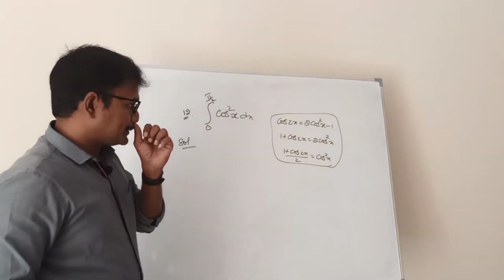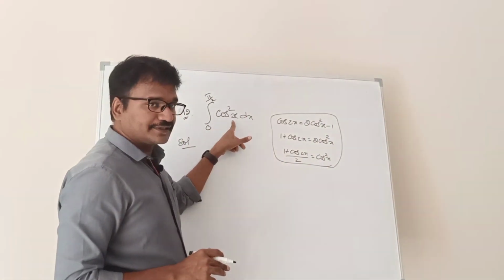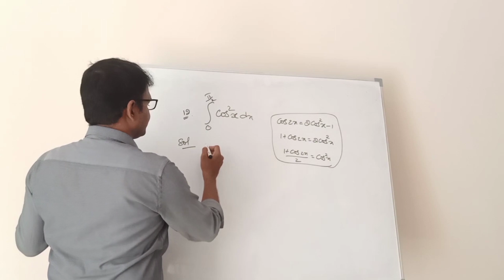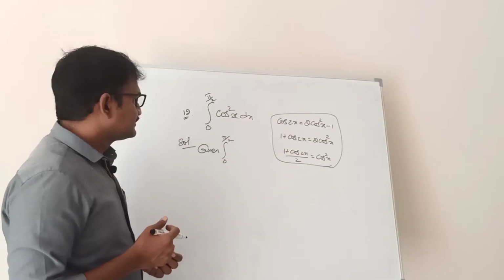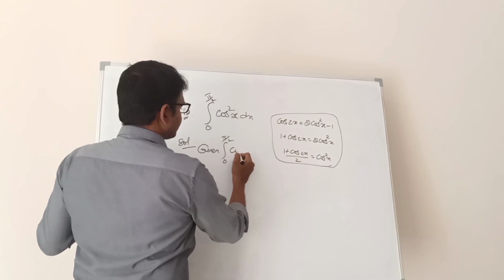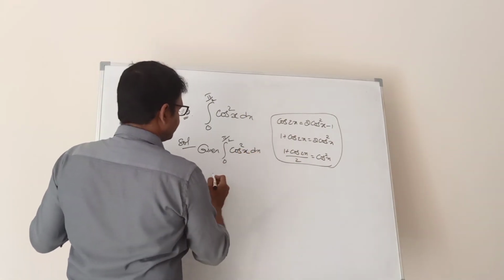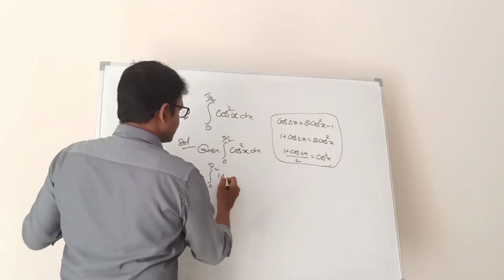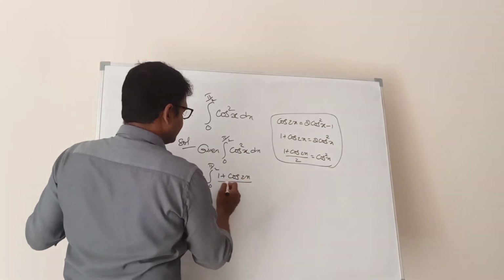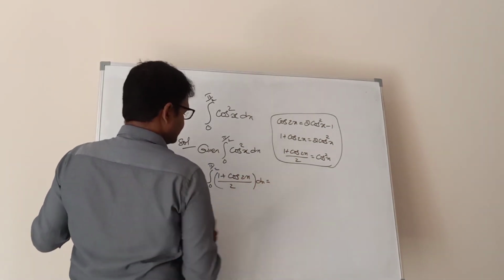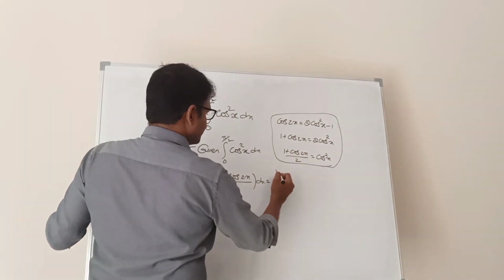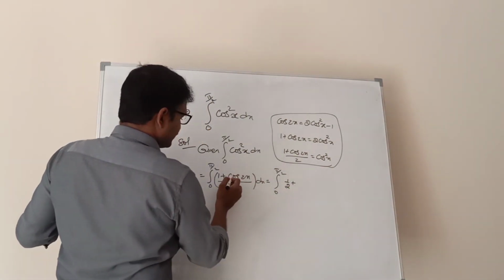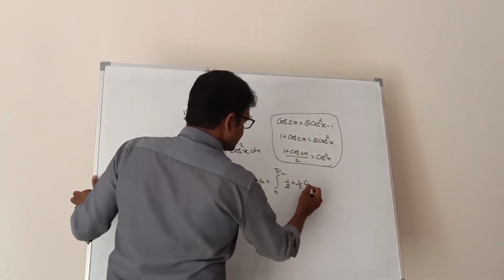1 plus cos 2x by 2. There is no direct integration for cos square. So that's why you need to convert cos square into the form of 1 plus cos 2x by 2. Given integration of 0 to pi by 2 cos square x dx is equal to integration of 0 to pi by 2, 1 plus cos 2x by 2 into dx. So split this into two parts, 0 to pi by 2, 1 by 2 plus here cos 2x coefficient is 1 by 2 into cos 2x